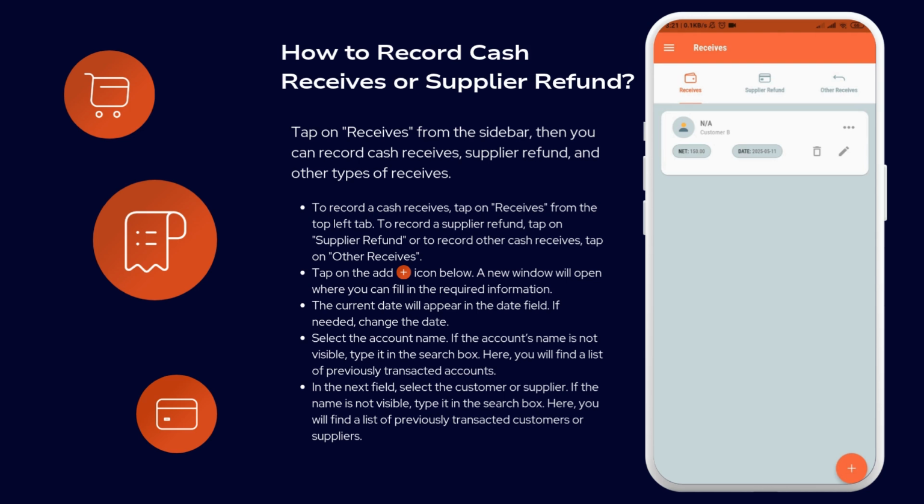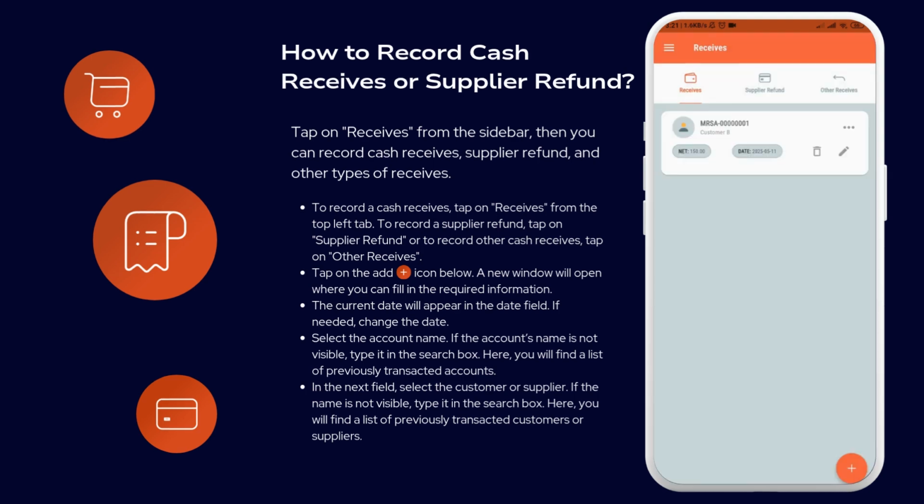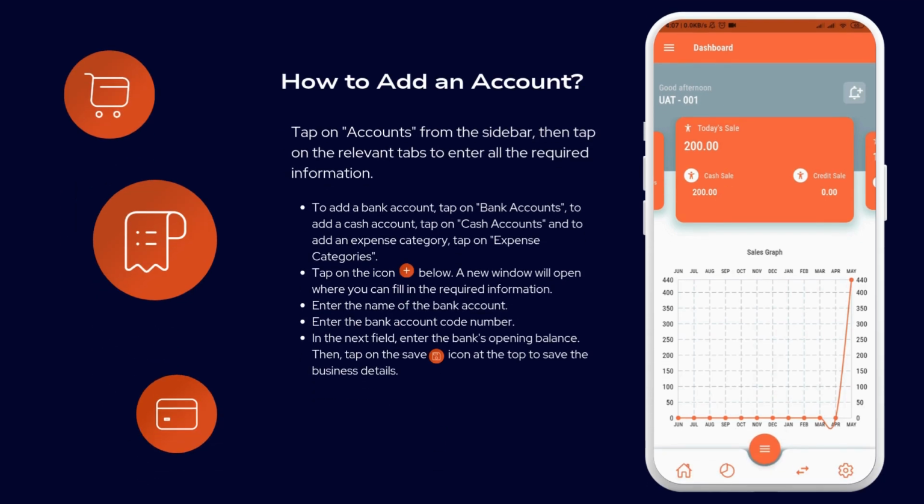Similarly, you can record other receipt information and supplier refunds, and to update the information in the ledger, you must tap on Update Ledger. Now, let's see how a user can add a bank account, cash account, or expense category in